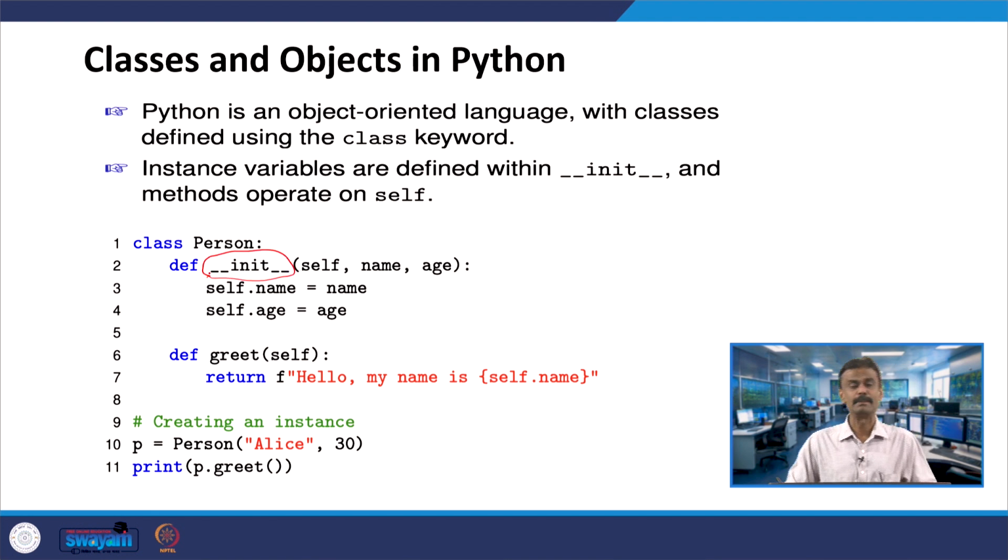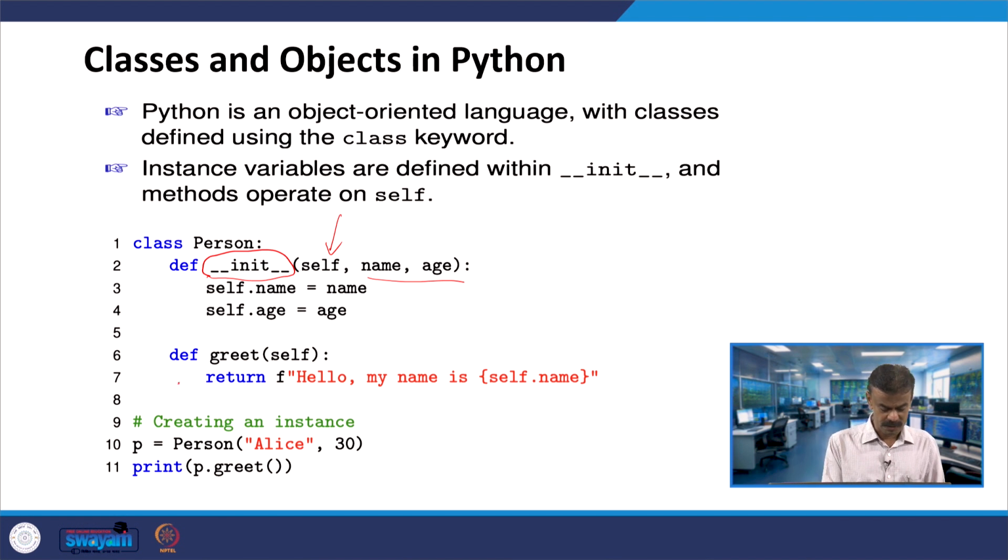This is a special member function, exactly like a constructor, that we had seen in either Java or C++. And then you have the instance variable self, like the this pointer in C++ or Java. Let us say you are passing 2 arguments, so I have 2 parameters. We have studied this several times: this dot name equal to name in Java. So here self dot name equal to name and self dot age is equal to age, and then you have a member function.